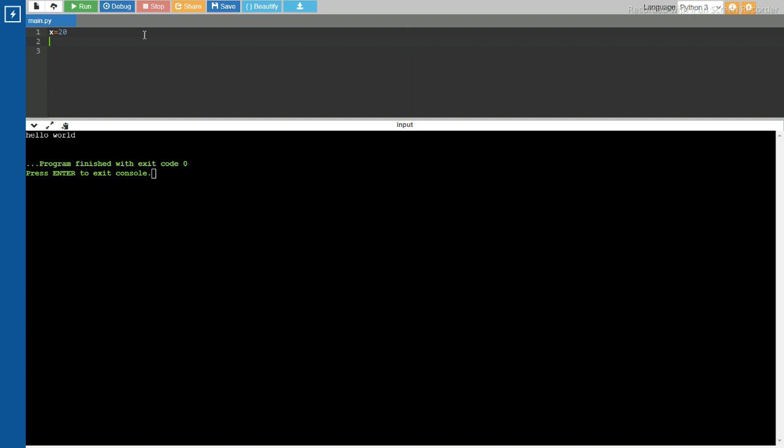Frozenset is nothing but, before defining a set, we write the word frozenset. Let me explain: x = frozenset. When we use data types, the code is marked in red color, and then the bracket.